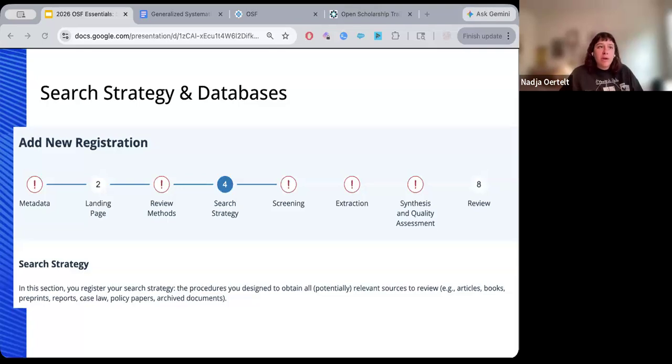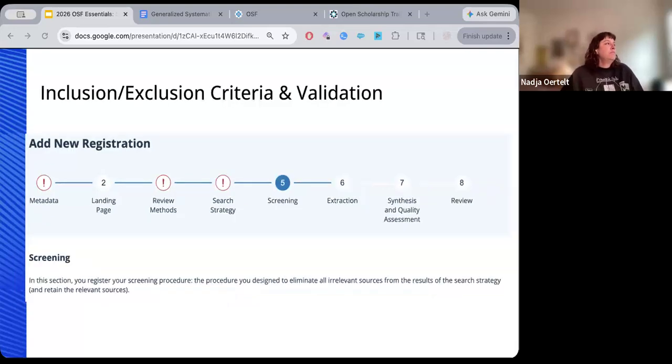One thing the template also prompts you to consider is your query variation. So different databases have different frameworks for querying, including OSF's search database. So you want to document that in advance before you run it. And the benefit of that specificity is that if somebody wants to actually update your review on your team, they know where to start from. But also, if there's unexpected results from the search, you have a record of exactly what you ran.